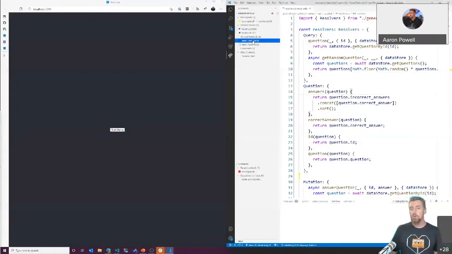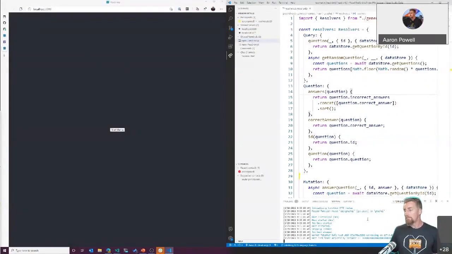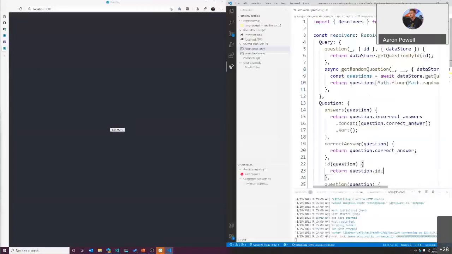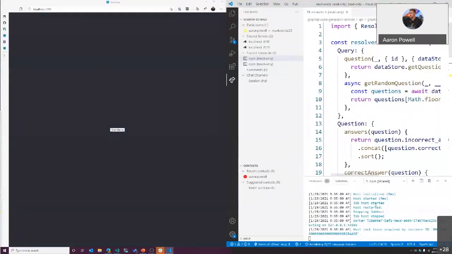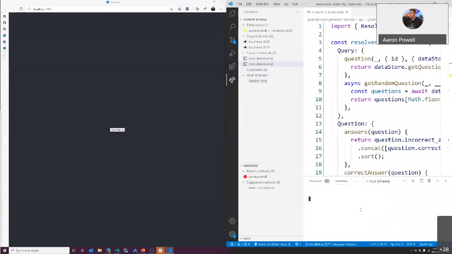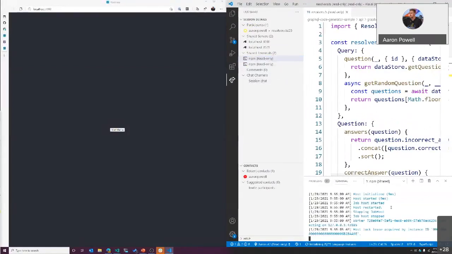I have access to the terminal, so I can see the terminal output. Well, that's a little bit hard to see because it's in behind me, so I'll just fade myself out. And let's zoom this editor in a bit. So we've got the terminal output that's coming through. I can see the output from this one here is the Azure Functions that's running in the background. I can actually start up chat sessions. So if I wasn't using Teams or Zoom or anything like that, I could still talk with the colleagues that I've got there.